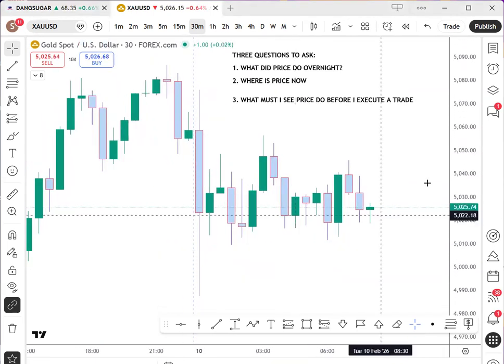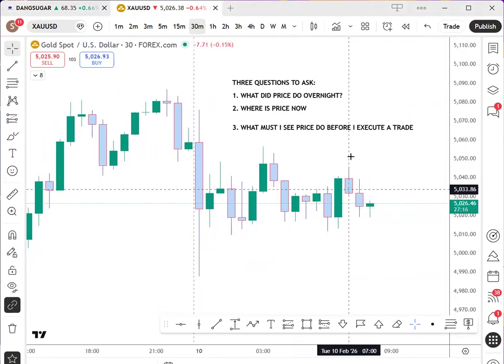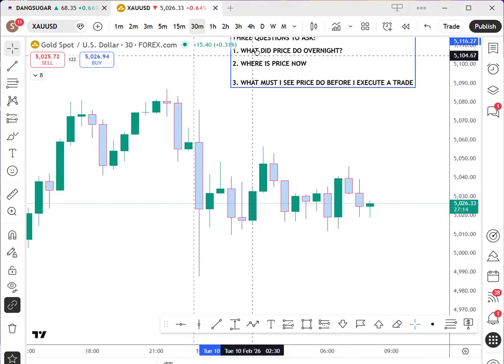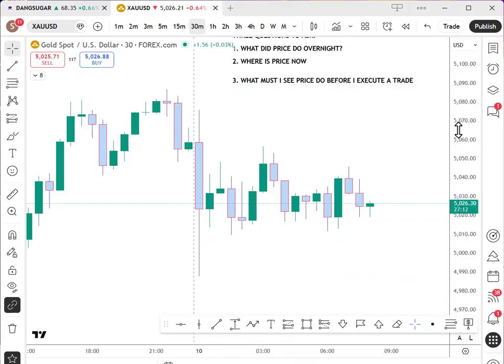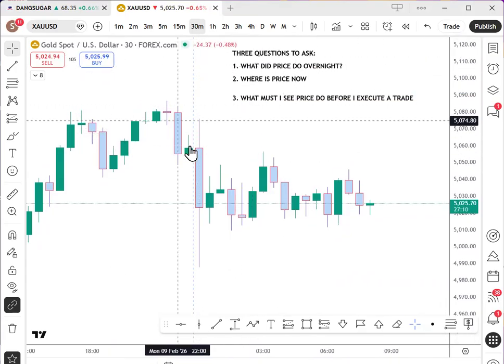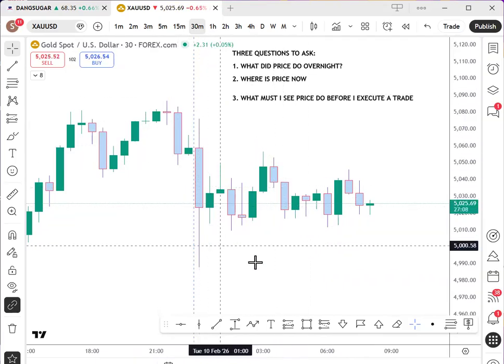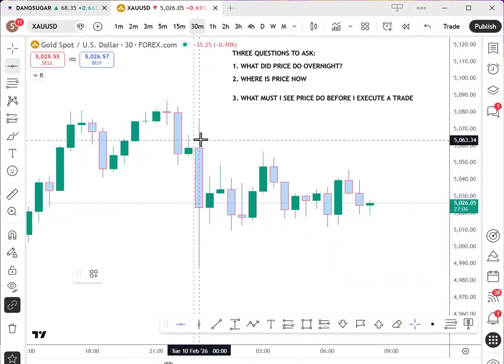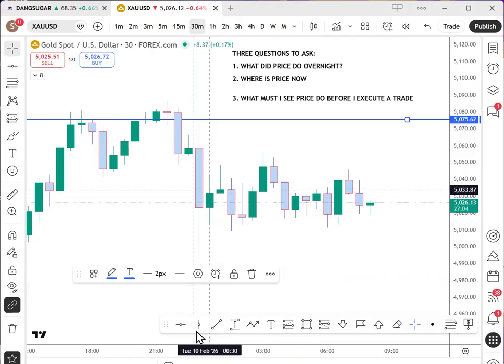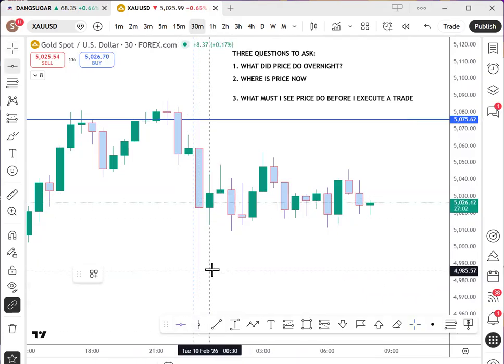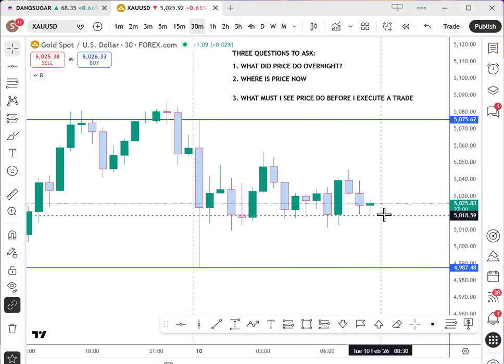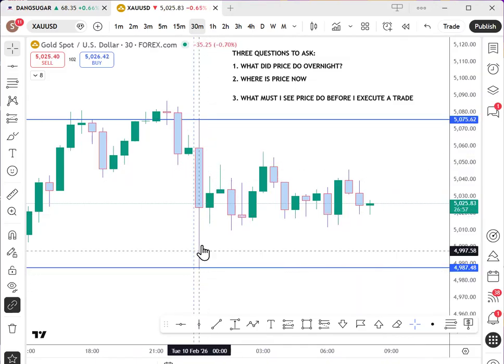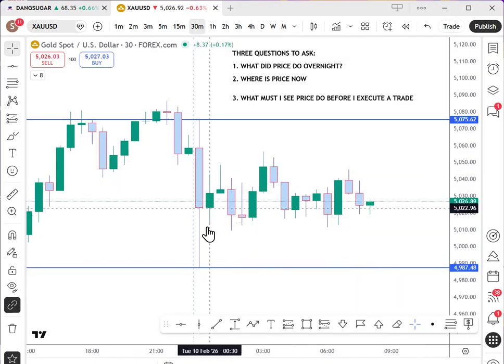So let's look at the pairs that we like to look at. Let me shift this one up a bit. For 30 minutes gold, so this is gold. Question: what did price do overnight? You can see it just went up. It started from there, went up, came back down. We don't have any break of structures today,